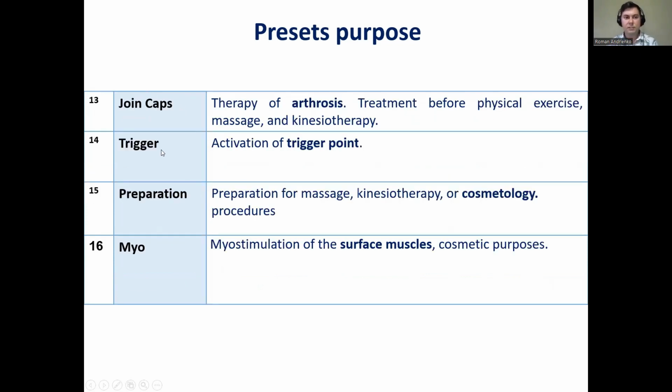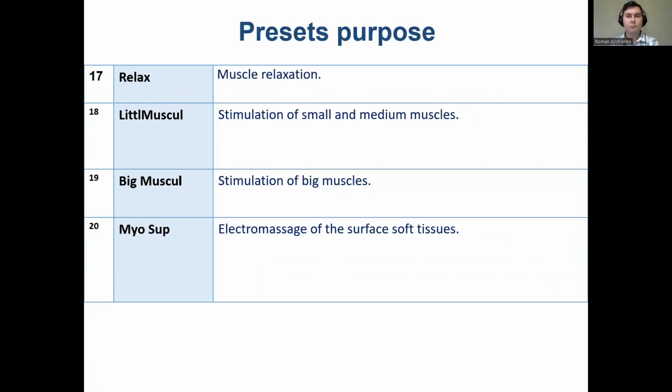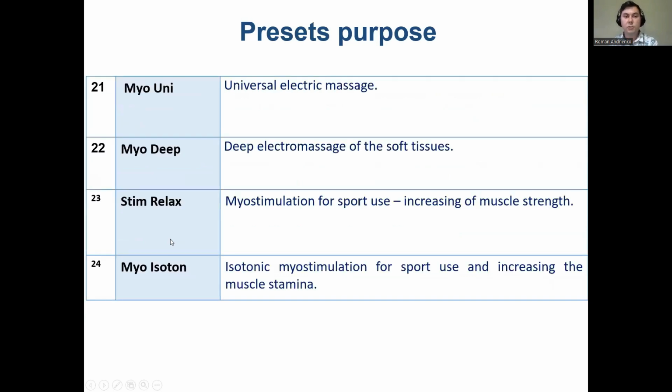Joint capsule, trigger, preparation, myo, relax, little muscle, big muscle. Because here we use the Latin name of the muscle, musculus. So this is why it is little muscle, big muscle, myo sub, myo universal, deep myo or deep myostimulation,